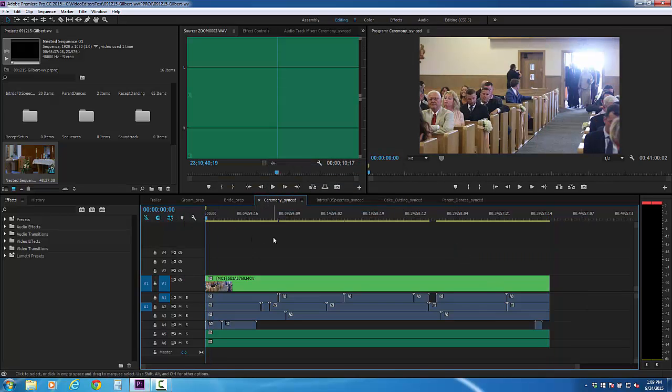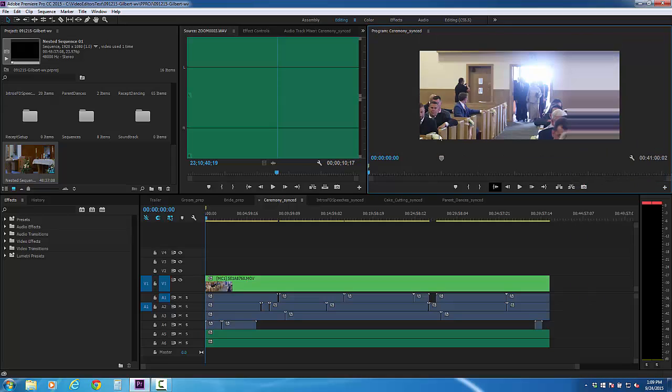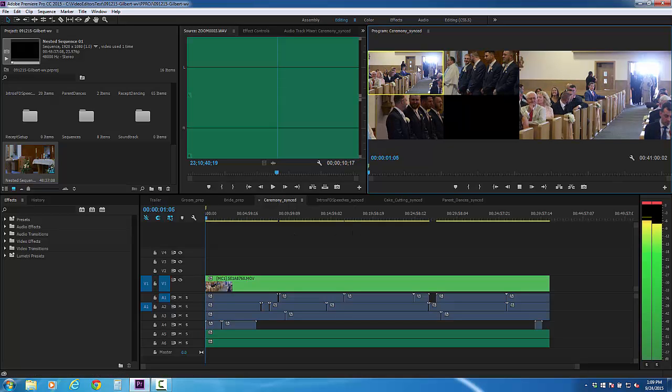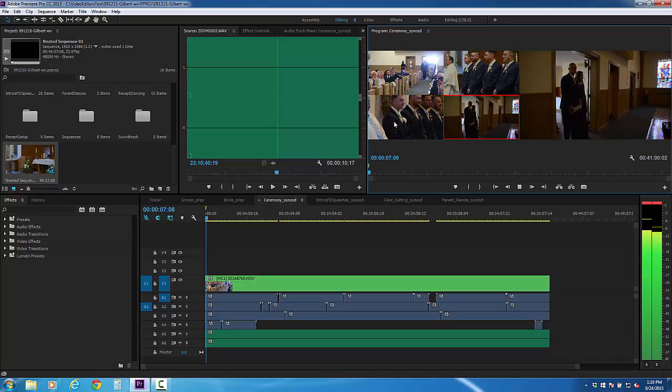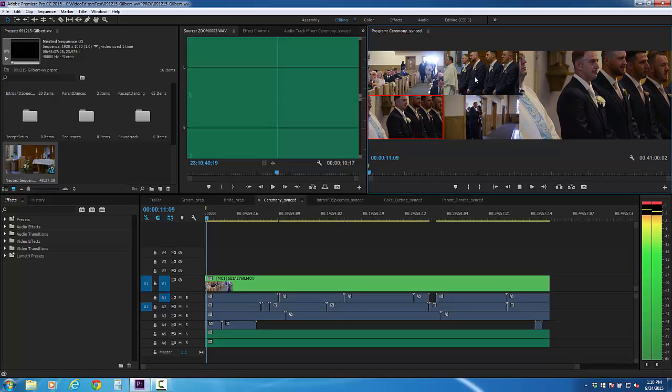The next thing we want to do is multicam this. And the way that we're going to multicam it is we're going to use the multicam function inside of the monitor here, and we're going to be looking at all the different views of the monitors here. And as we go through, we're going to be watching and selecting the best camera angles that we have available to us, cutting away a few things interesting, using the best cameras, and then clicking through them, essentially creating a quick